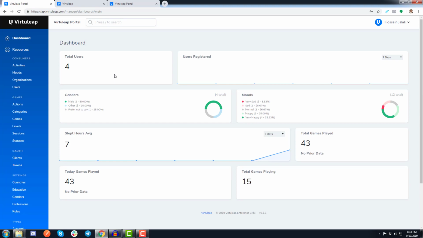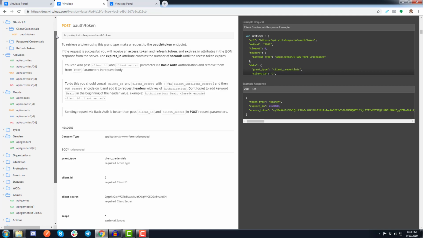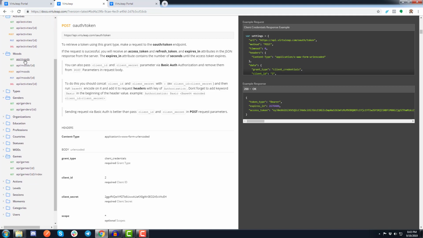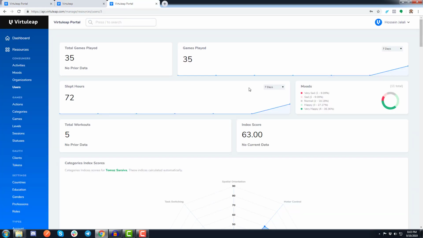In addition, our API is designed to integrate with external hardware that offers additional sensory inputs such as EEG, eye tracking, and haptics. A complete documentation is available at docs.virtuleap.com, containing instructions on how to effectively use and integrate with our API. As a final display of the power of Virtuleap Admin Panel, we will go through the information gathered